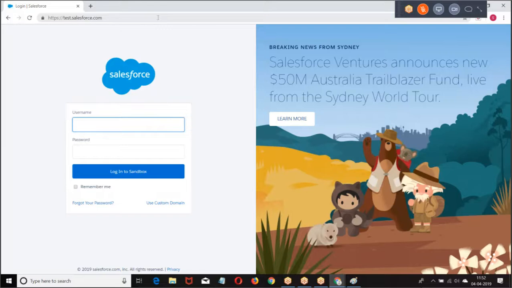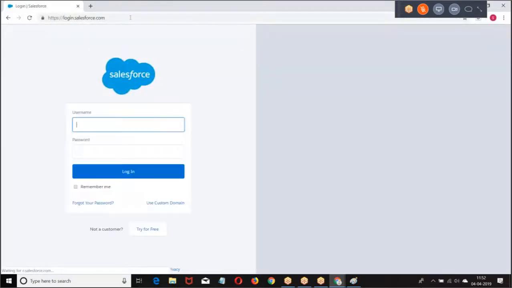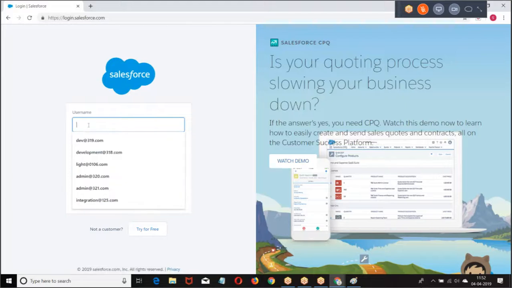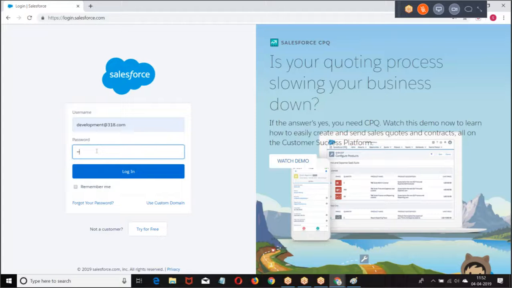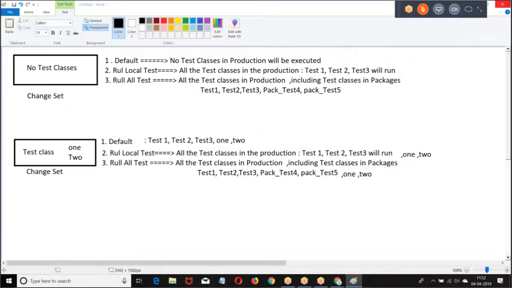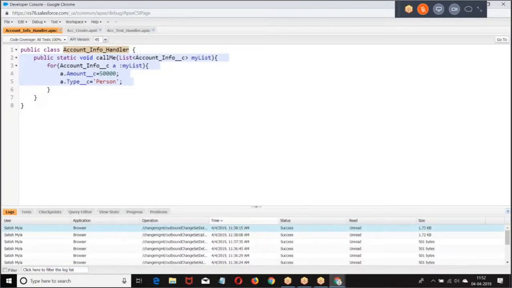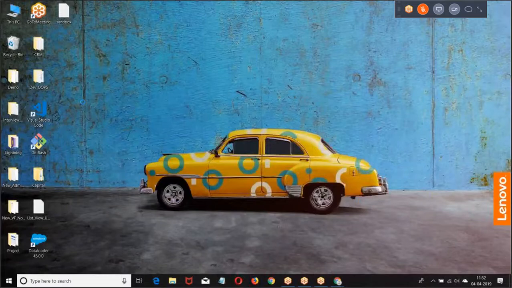So if you want to deploy using Ant, how do you deploy it? If you want to deploy using Ant, we require a couple of files.